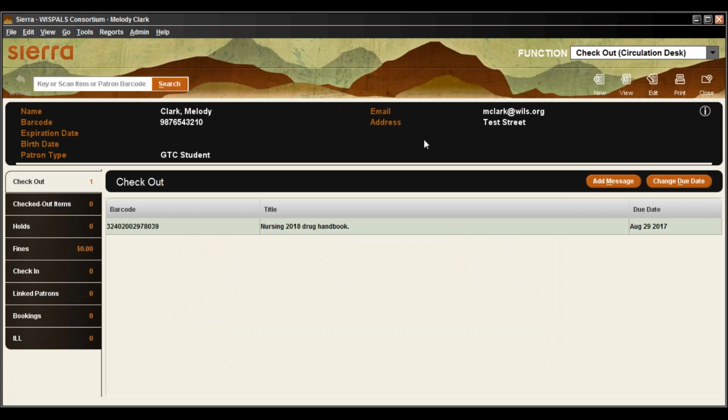Or excuse me, check out that item one more time. And immediately, now that that block has been removed, I have it listed here under checkout. So I have the barcode, the title, and the due date. The due date is going to be an automatically